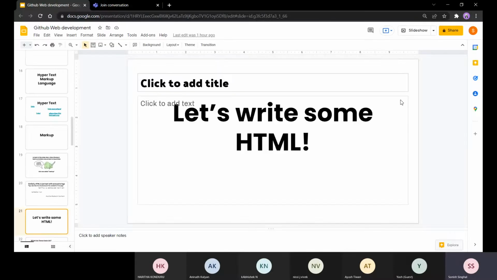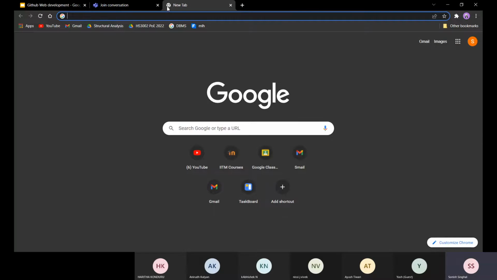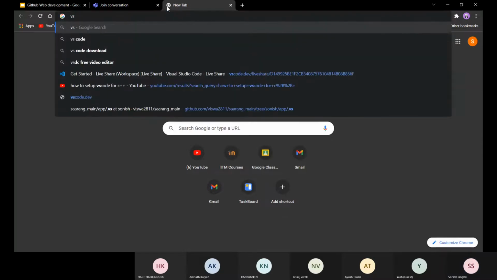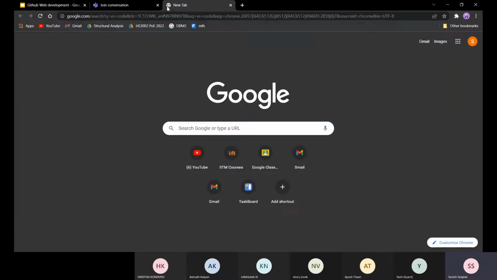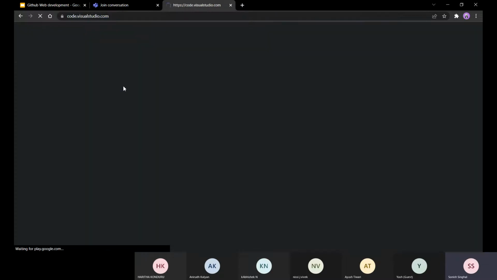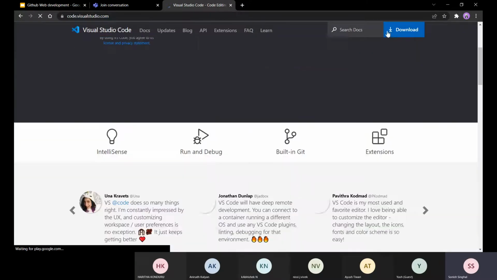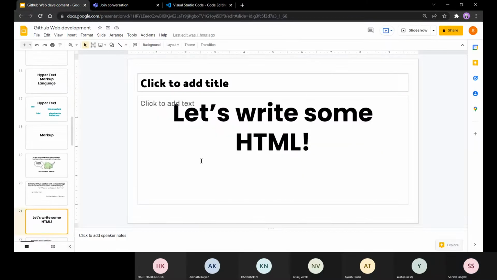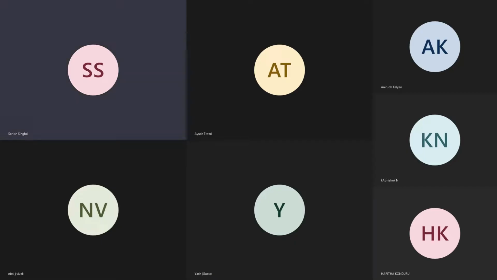I will be showing you in VS Code and you will be able to see that. You can download VS Code from the internet. You can check the website, Visual Studio Code, and download it from here. So I will move back to VS Code.